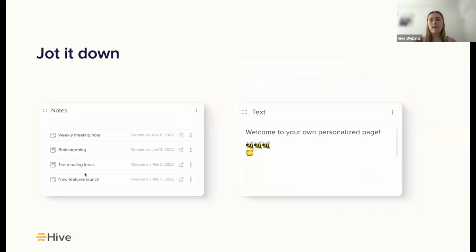And lastly, we have our notes widget and our text widget. For notes, these are going to be links to all of your notes within your library. So links to notes, links to calendar events. Our marketing team has a page and we have our weekly meeting where we can access each meeting that we